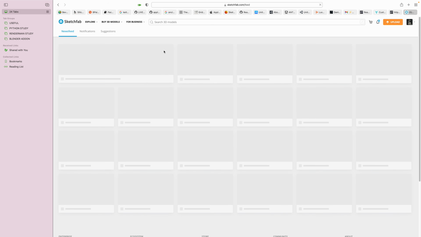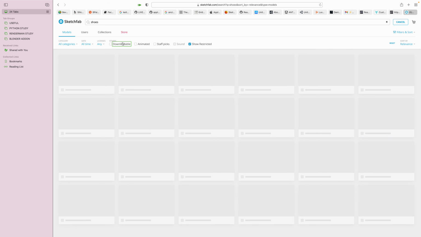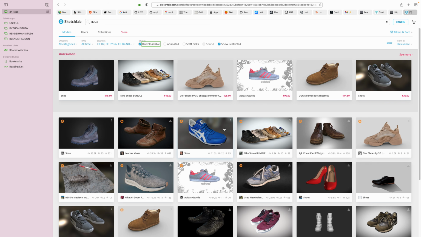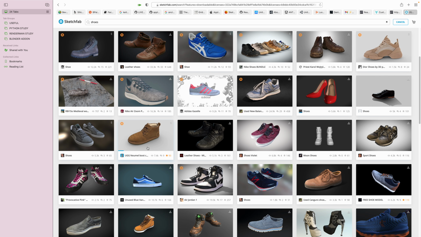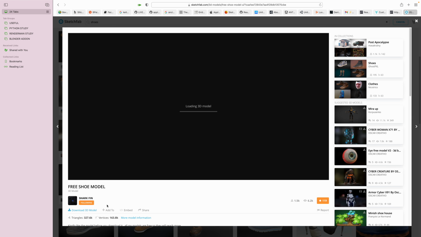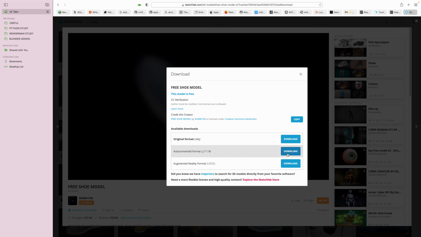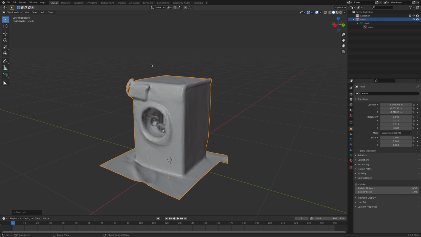Search for whatever you want. Maybe I think shoes is a good 3D model to paint over. Like this. Wow, this is a high-res scan. Free shoe model. Okay, let's try just downloading this one. And you just draw on top of it. It's gonna be quite meditative and relaxing. Okay, so let's save this